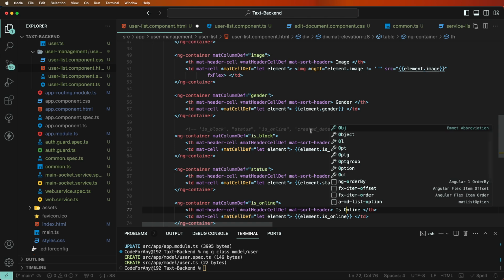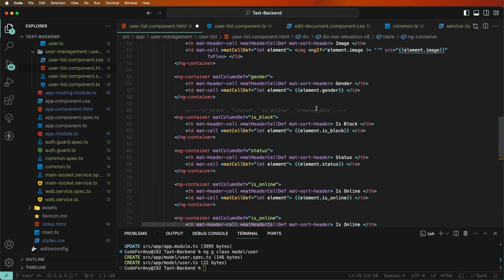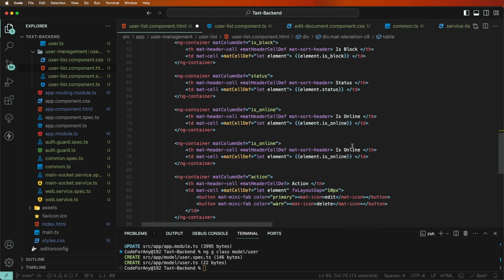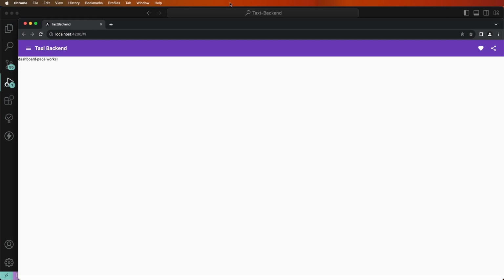First we need to set the dates. Copy here, paste this here. Now we need to save this and run this here. We need to run here. Now run this here, and also need to